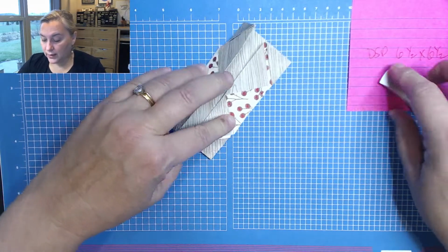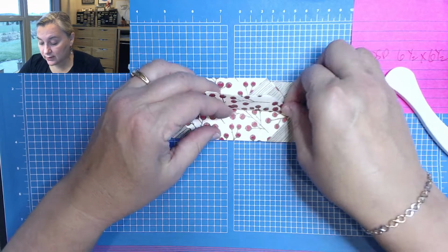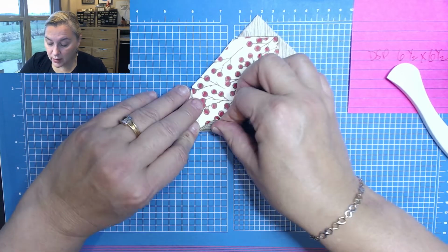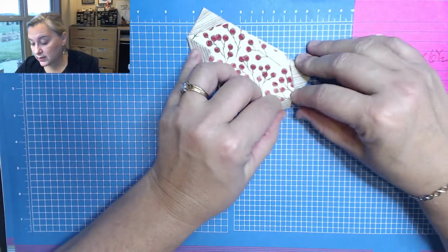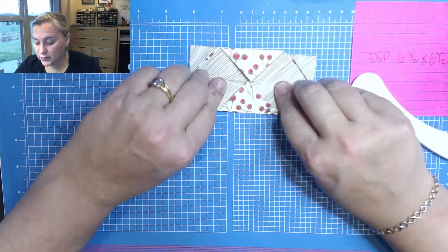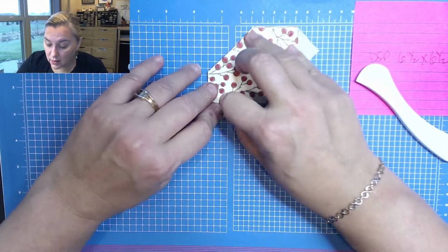All right. Okay. So now what we're going to do is flip one flap over, just like that. Flap it over. Then this corner is going to be bent towards the midline again. Okay. And the other corner towards the midline. We've done it. Almost. Then we're going to flip it around, flip that over, and then we'll do that little triangle